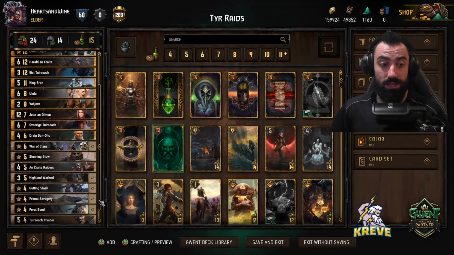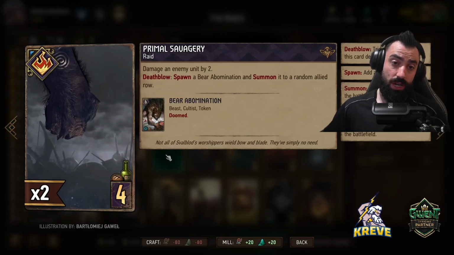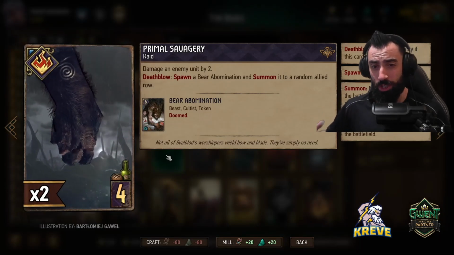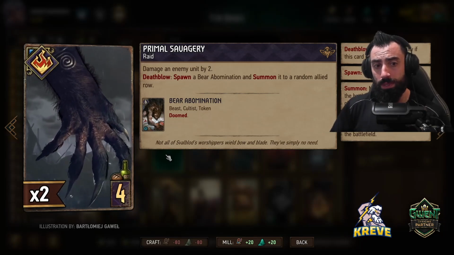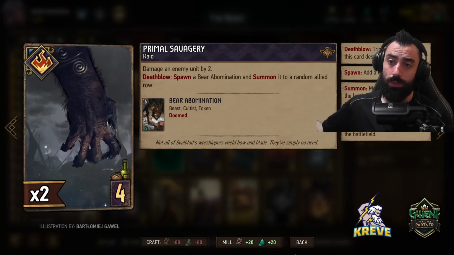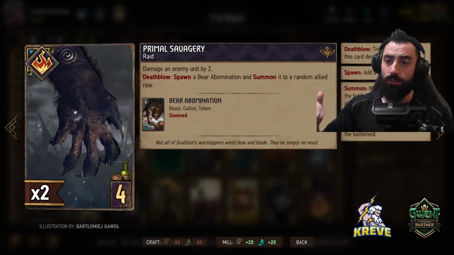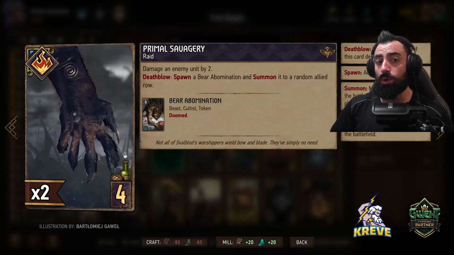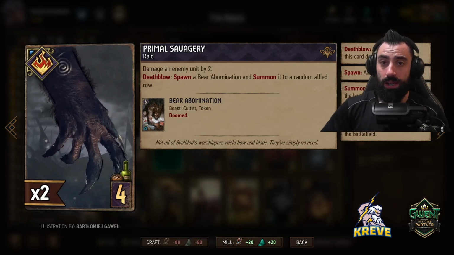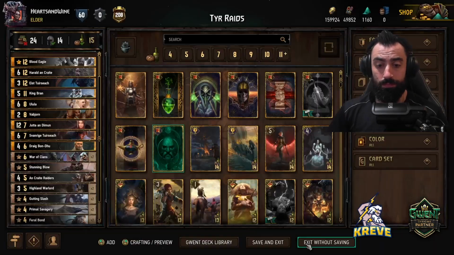Then we've got some raid cards here. We've got double Primal Savagery. It starts off as damage an enemy unit by 2. The death blow is that you get to spawn a Bear Abomination, summon it to a random allied row. That's the 6 power token unit that you see there. Of course, our raid damage will be increasing as we play Warlords. We can play the bottom half of our list, these lower costed raid cards, round 1 if we like, and then save the top half of our list with War of Clans for later,